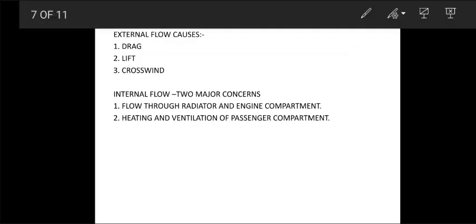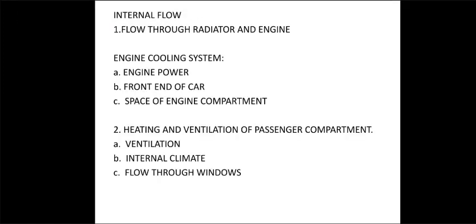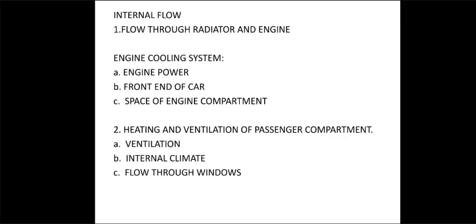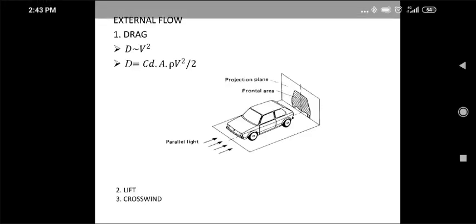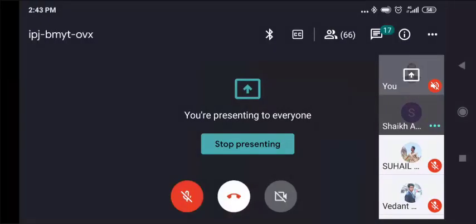So the first two fields are closely related, and the flow of air through the engine compartment is directly dependent upon the flow field around the vehicle, and these fields should be considered together. And the flow processes within the engine, transmission and other components are not connected directly with the first two. Okay, and next is